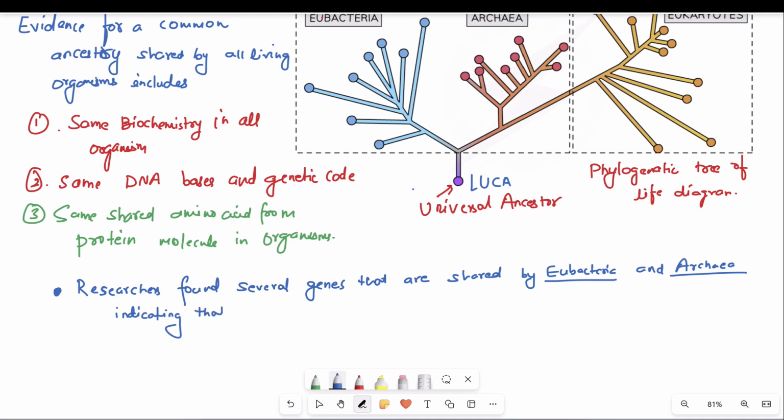Indicating that gene inherited from universal ancestor, that is LUCA. If this is possible, then it is also possible that other organisms may have evolved at the same time, right? Some they got extinct, some are struggle in the situation, so now still we are getting it, still they are on earth. So it is possible